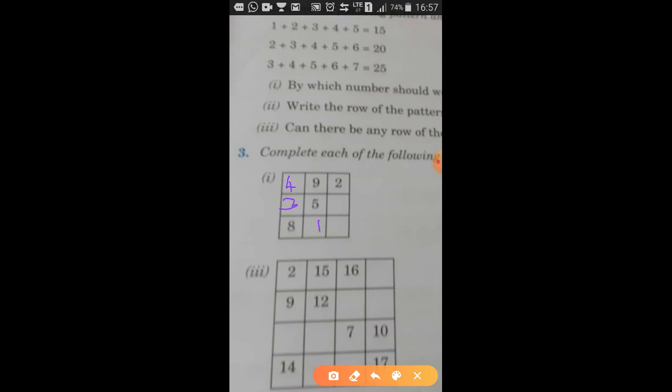Now which one do we do next? Let's do these three. You have got a 3, you have got a 5. 3 plus 5 is 8. How much more do you need to make it 15? Yes, 8 plus 7 is 15. So I will write 7 over here. Understood? Now let's look at the bottom one.